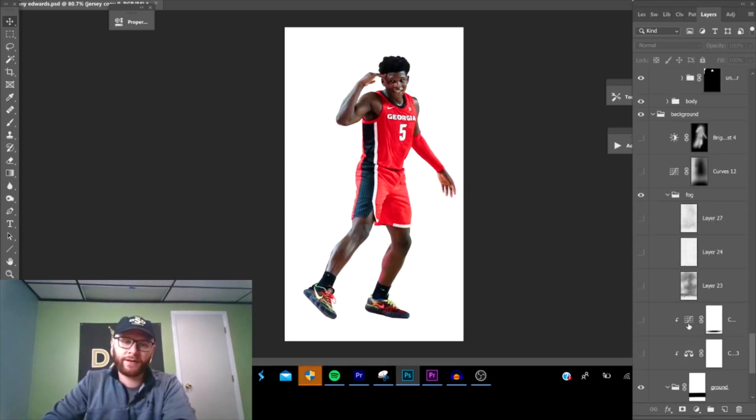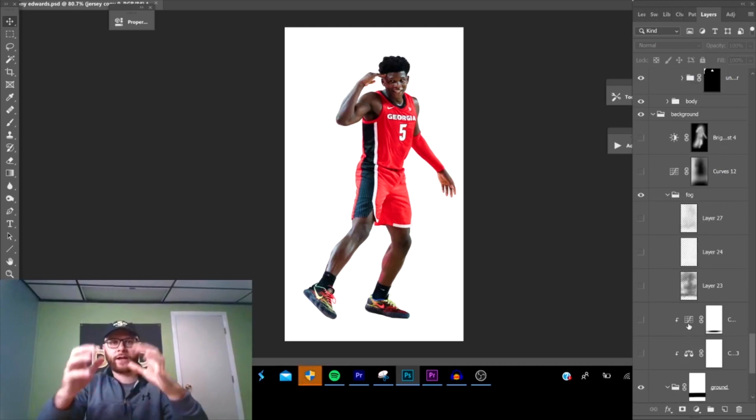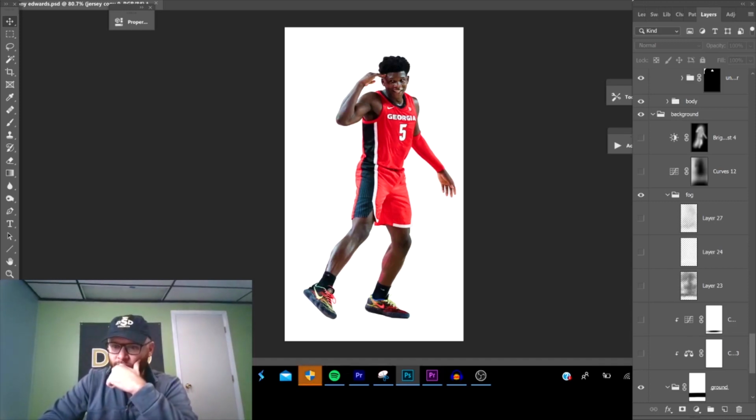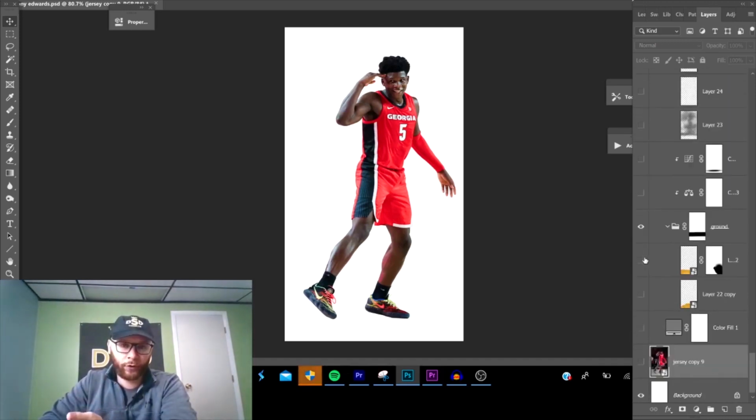So in this case, I wanted to start with the background. So I wanted to cut him out because I knew I was going to use him, and then I was going to put the background around him, how I was going to do it. So let's start with, I always put the ground in first. It really depends on the situation, but in this case, it was really important so I could kind of visualize it. So I got some